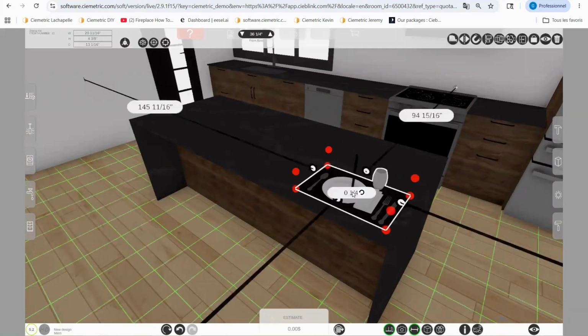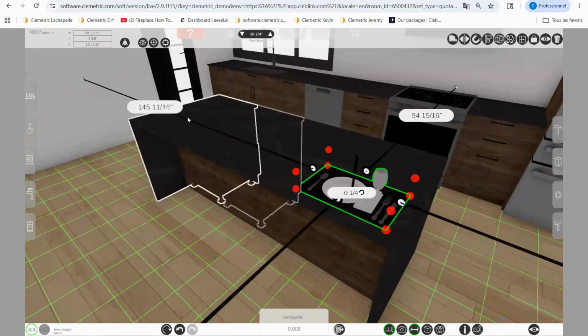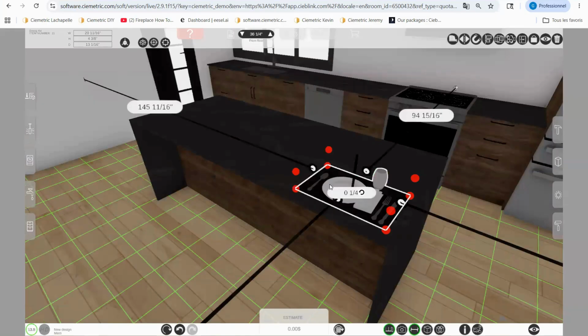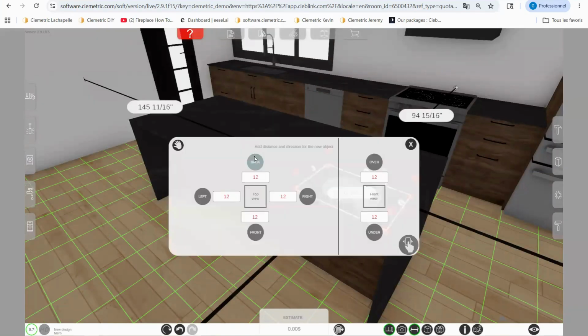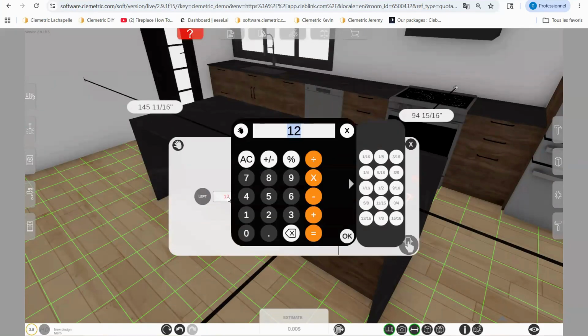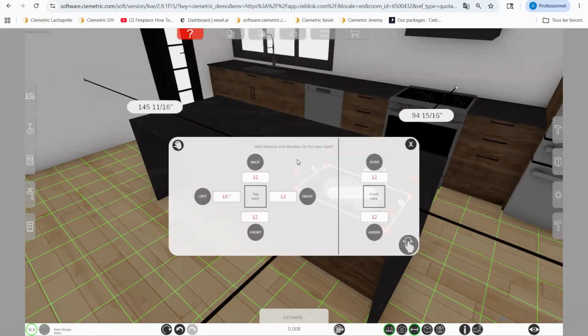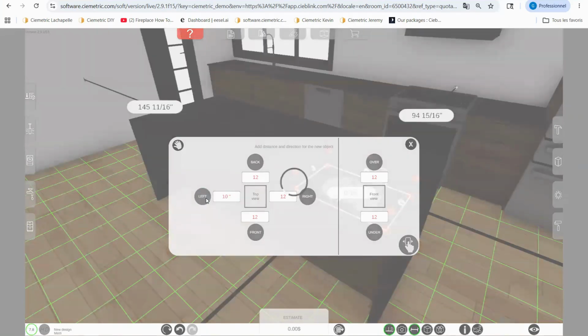So I'm going to select it and duplicate it just to have three placed directly at the island. I'm going to right click, duplicate. At the left, I can say duplicate. We can move it after, but it can be 12 or 10. I'm going to set the left. Sometimes, depending on how you imported your object, the duplicate left and right can be reversed,